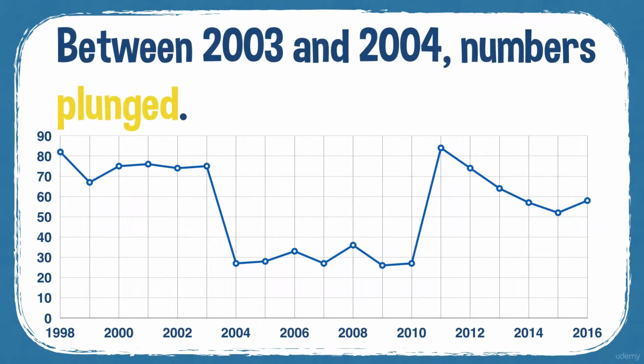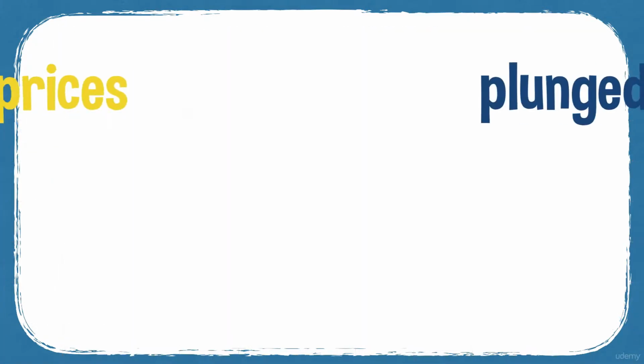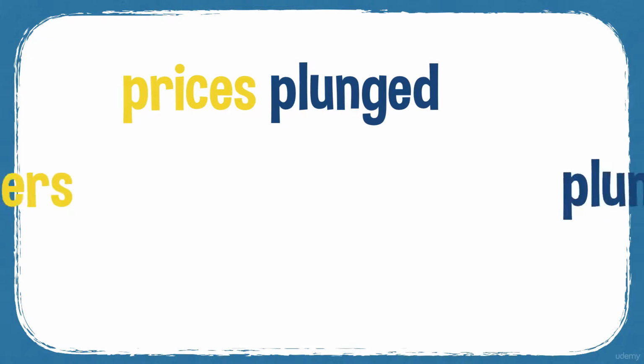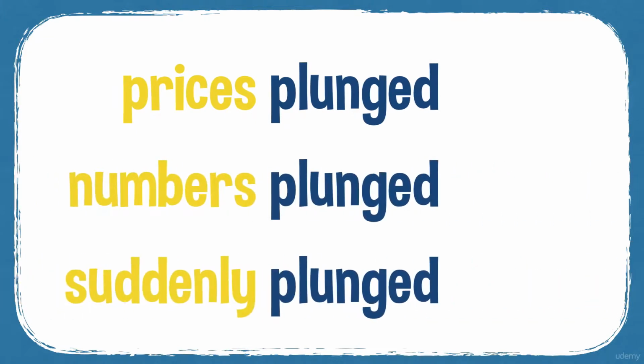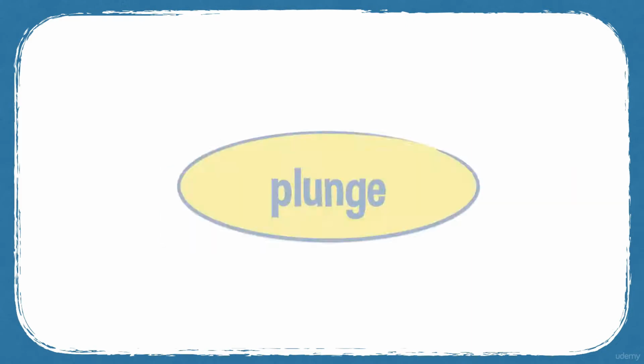So you could say on this graph, between 2003 and 2004, numbers plunged. That's really the only place that numbers plunge on that graph. So we can talk about prices plunged, numbers plunged, suddenly plunged. So you can use an adverb, but you don't really need to use many adverbs with plunge. Plunge, plunges, plunging, plunged are the verb forms here. And some synonyms for plunge: